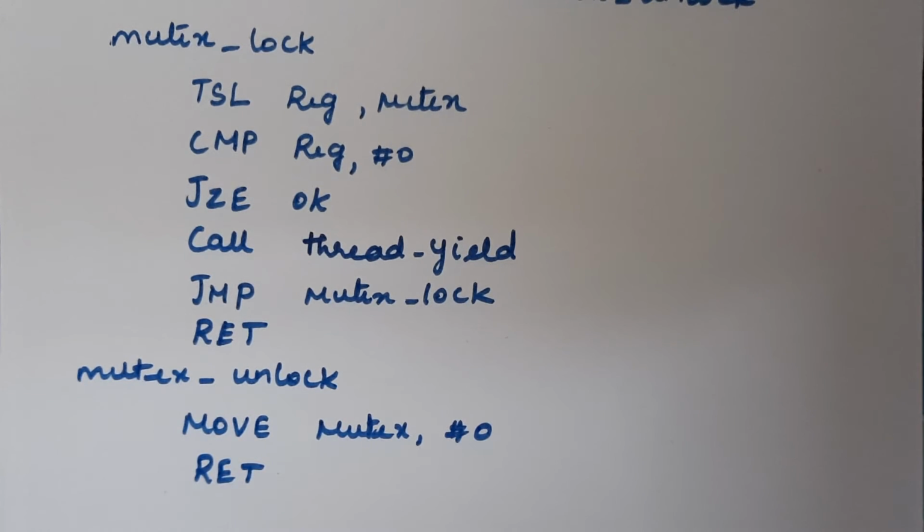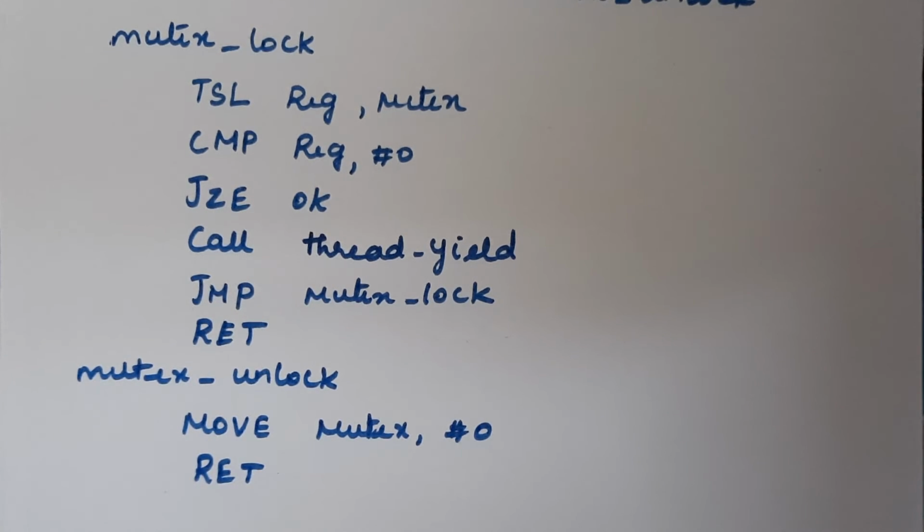Okay, but in case of this mutex lock, we are not implementing that busy waiting; we are just going with the thread yield concept. So if it fails to acquire a lock, it calls thread yield. Why are we calling thread yield? To give up the CPU to another thread. So the CPU will get some other thread to execute. So we are not executing the busy waiting concept here, so we are not wasting the CPU cycles. And when the thread runs next time, it tests the lock again. So again the CPU is executing the same thread, and it will execute that mutex lock.